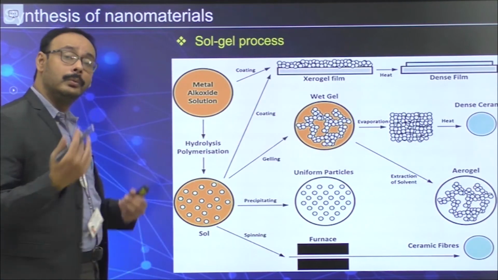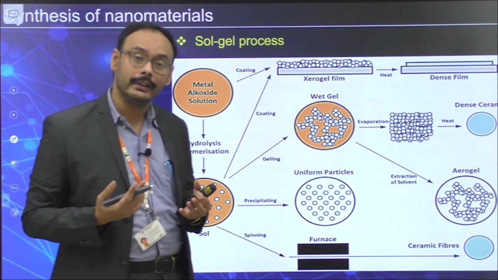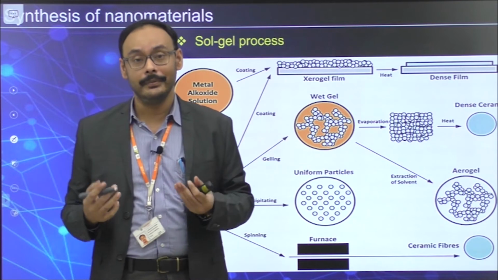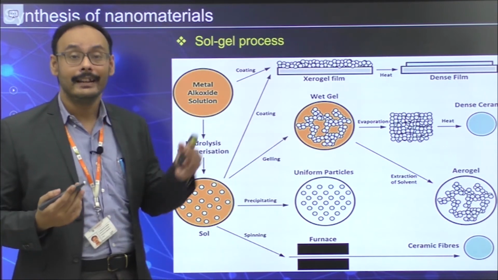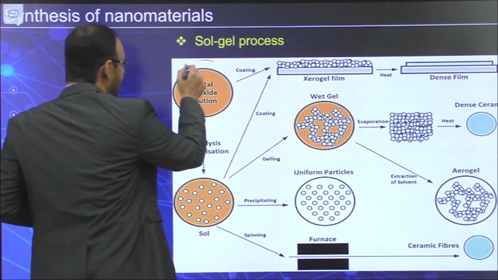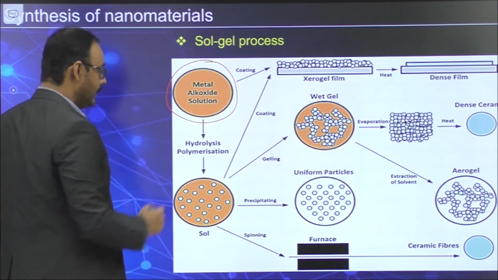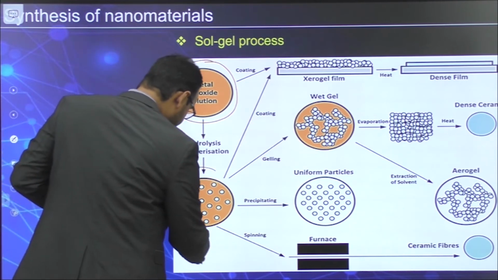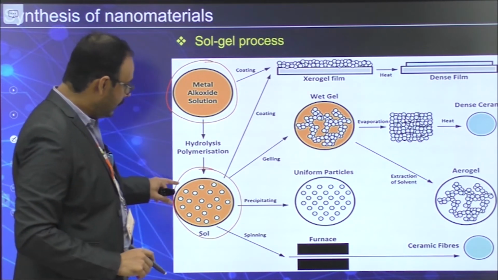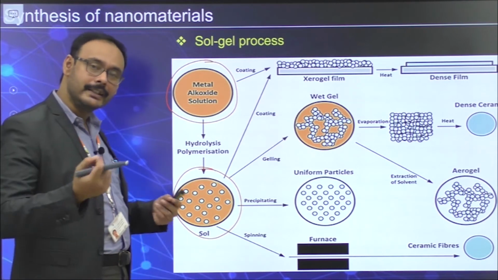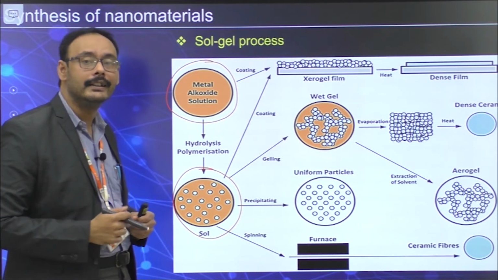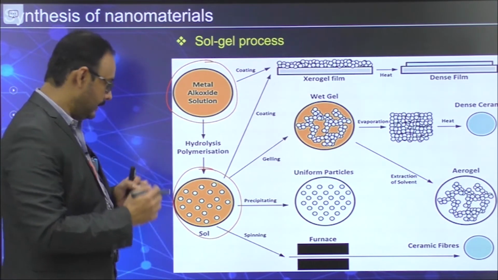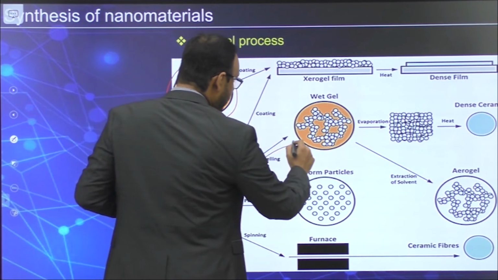So now, what's next? Why is it so important? Something interesting can be performed if you know the chemistry behind the sol-gel. You have a sol alkoxide solution; hydrolysis, polymerization or condensation, and you will get a sol. Sol means individual particles at the nanoscale, a colloidal dispersion. Now once they start gelling with each other, you are going to get a gel.